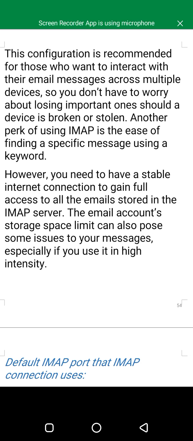So if the email account that you've been given has 1 GB and you have emails that are reaching 1 GB, you have to delete others in order to have the space that you want, or else you won't be able to open these emails.